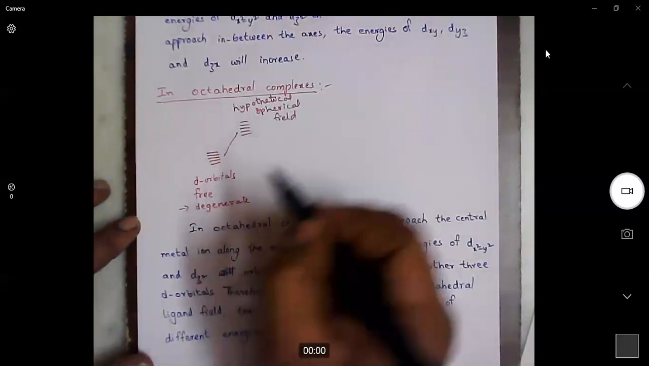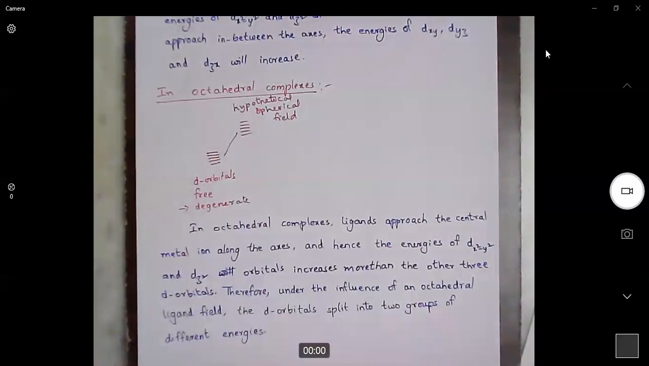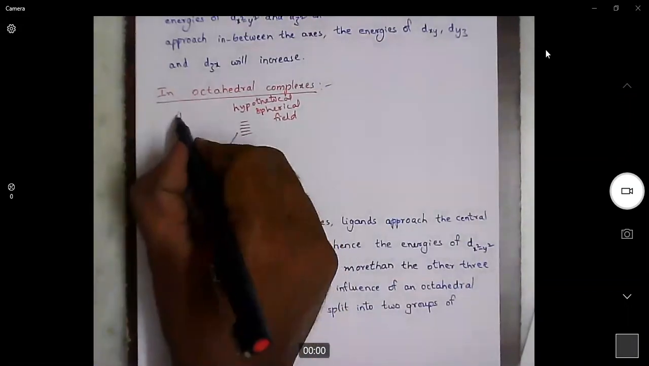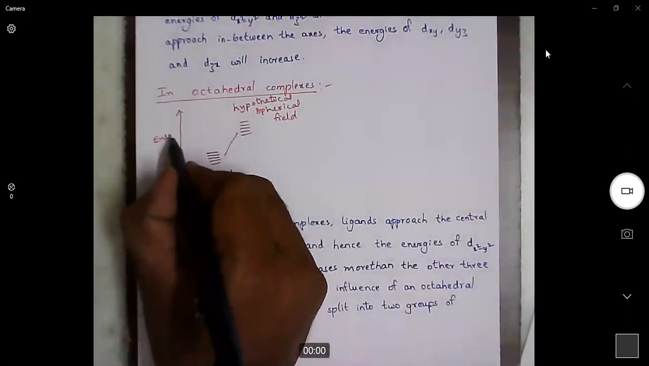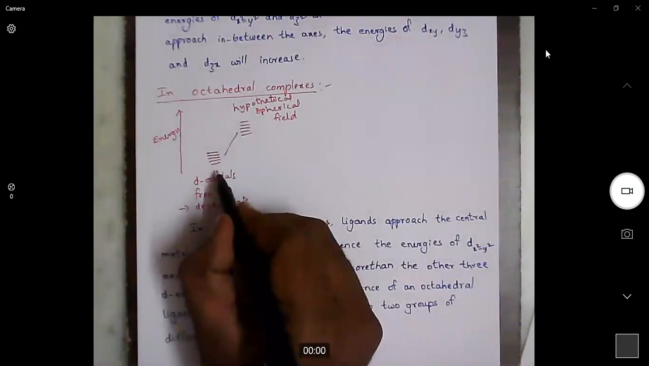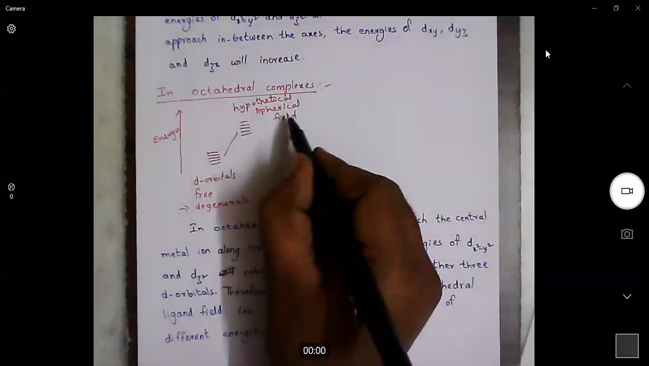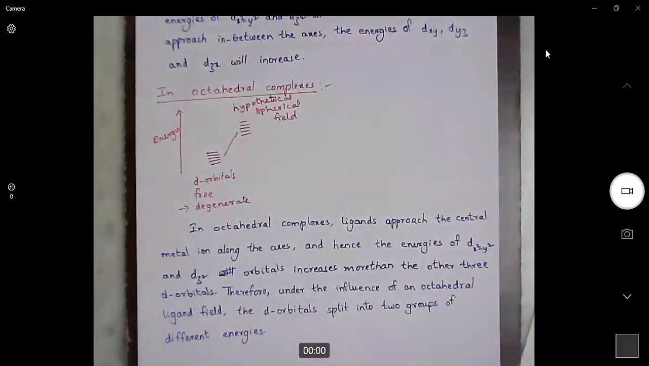what happens? All these d orbitals will experience repulsions, so their energy will increase. Along the y-axis, it is energy. So without ligands, they have low energy. With the hypothetical spherical field, they have very high energy. Now, in order to explain the crystal field splitting in octahedral complexes, first we will look at the shape of